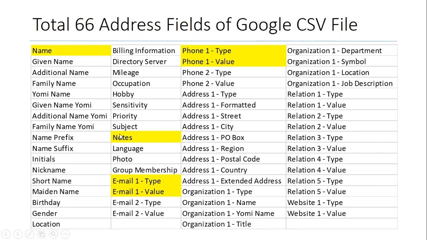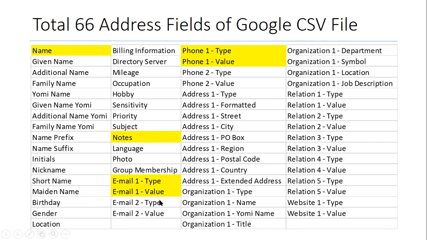Then I am selecting notes here because there is one field, the membership number of the person. That is a field which we don't want in the person's contact when we are searching by name or mobile number, but we want to save this data. So any such data we'll save into notes. Then there are almost 2 types of email data. You can select email type; type here home and put the email ID over here. Then email 2 type is there where you can put office and put the office ID here.